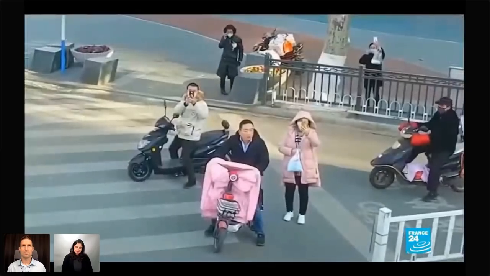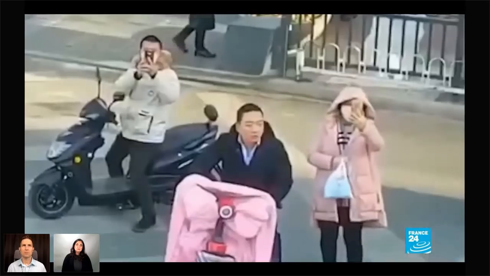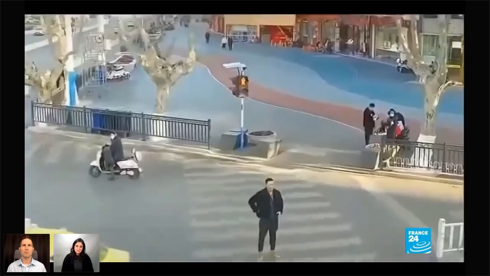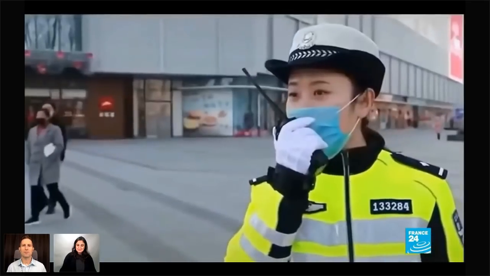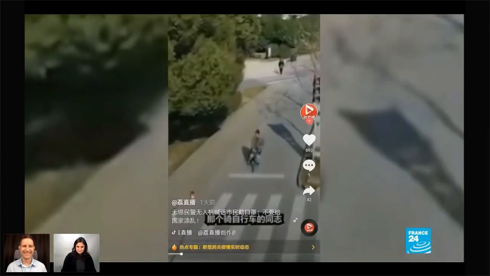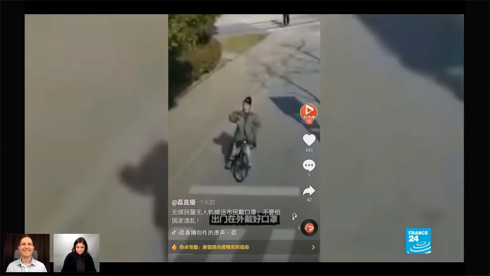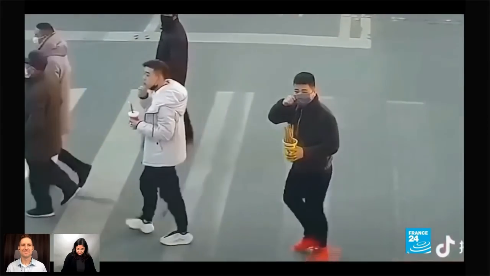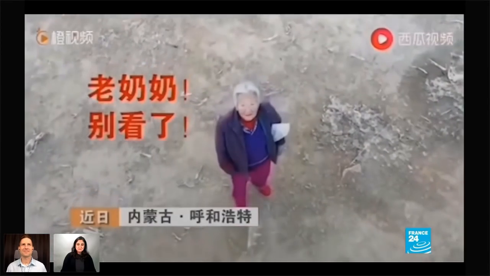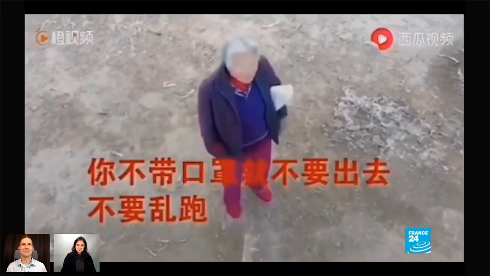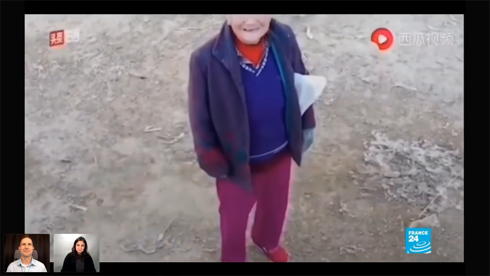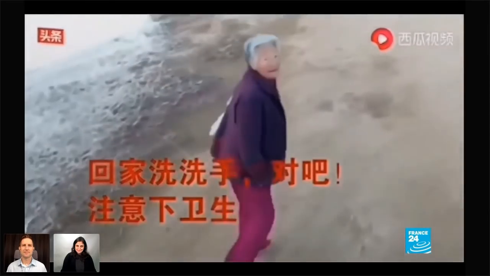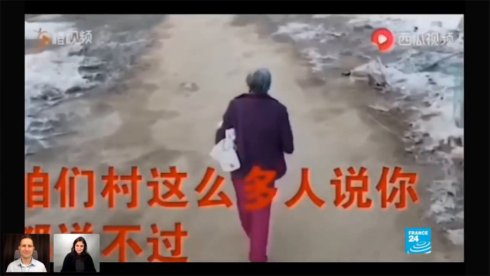Like something out of science fiction, this drone equipped with a megaphone hovers before a crowd, blaring a warning. The operator, a local traffic cop: You, the handsome man with the telephone, where's your mask? Put it on. Hey, you on the bike, put on your mask when you're in the street. Don't endanger your fellow citizens. Not all the drones are operated by public officials. Some of the clips have been posted by social media influencers hoping to encourage prevention. Yes, Mom, it's the drone talking to you. You shouldn't come out without a mask. Go back inside and wash your hands. The drone can see.